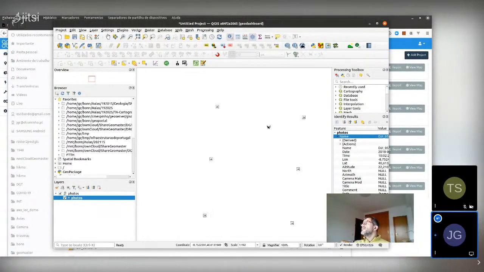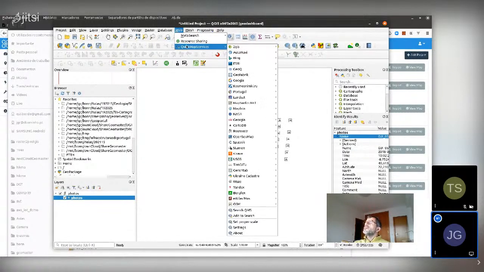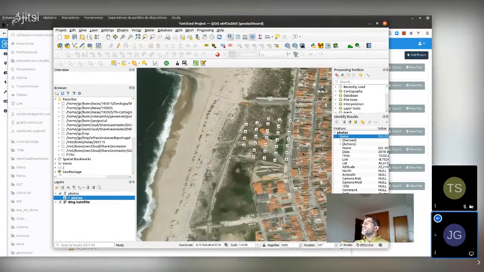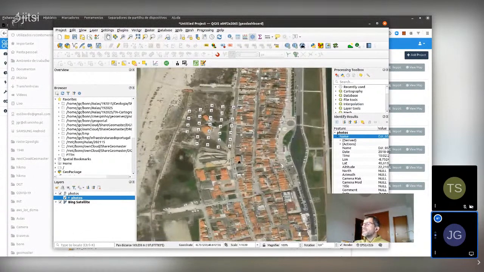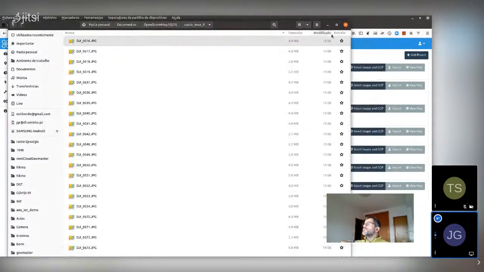And if you have something like QuickMapServices, good, and you open a Bing satellite or something, you'll see where the photos were taken. My house is somewhere here, and these are the photos, and you have at least a feeling of what you are doing here on